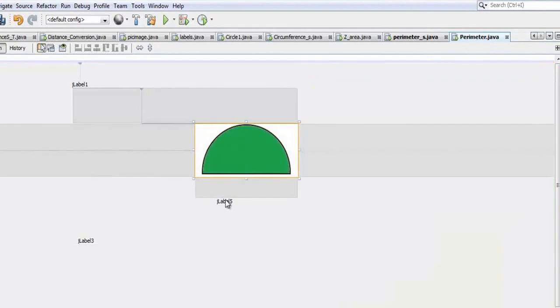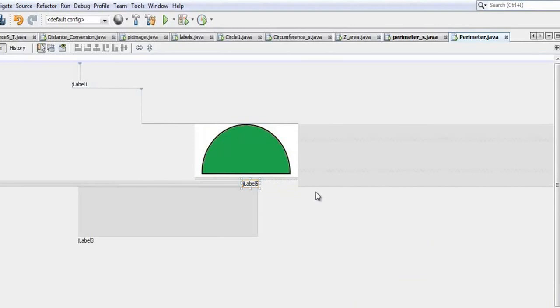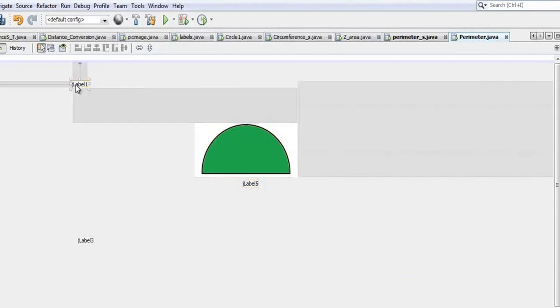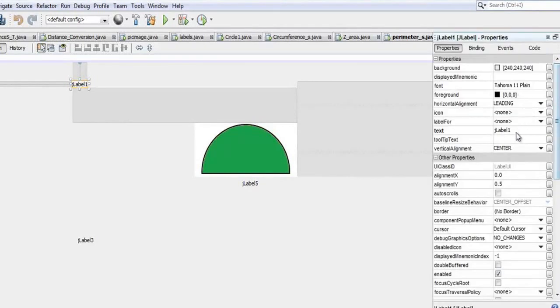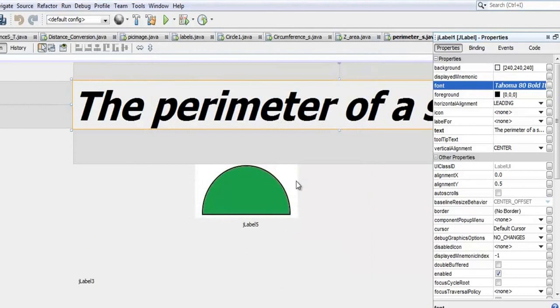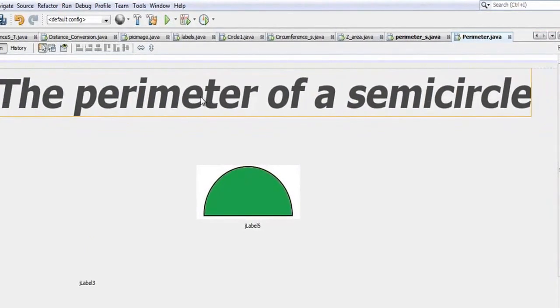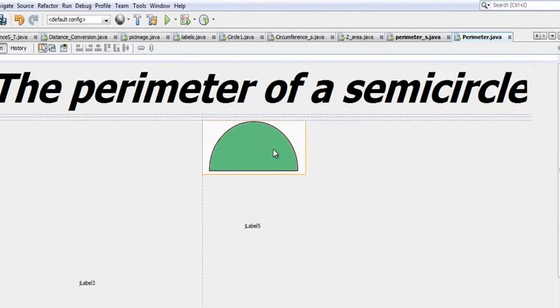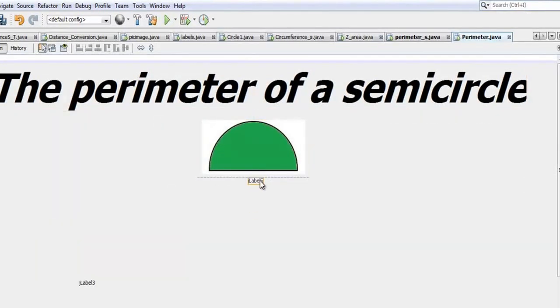The next thing I want to do now, this will be used to set my diameter, while this will be used to set the heading. So we'll go to the property and enter the following: the perimeter of a semicircle right there, and let's change the font size to, let's go for about 80, make that italic. Okay, something about that, and move this up,